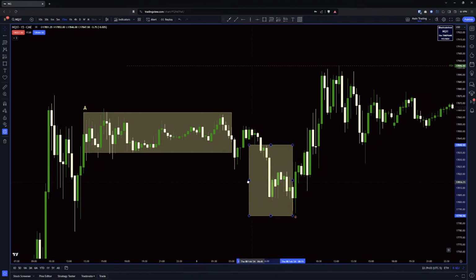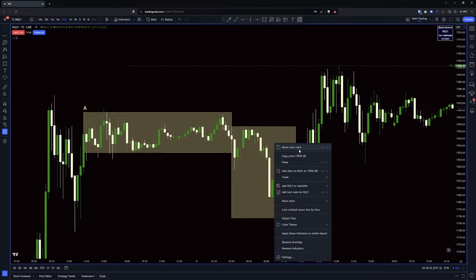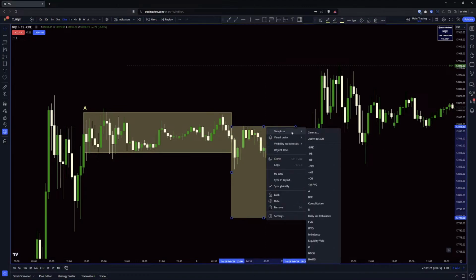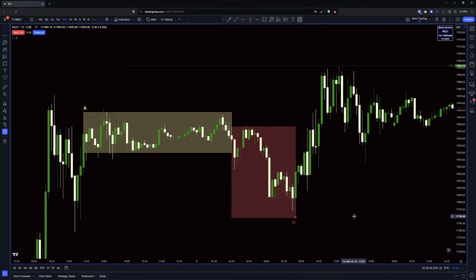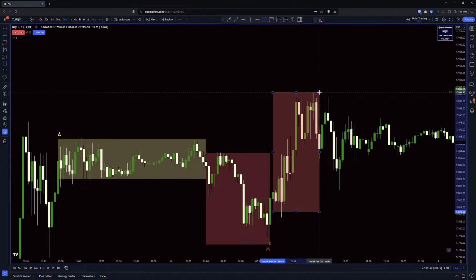We know it's a shift when this closes, right? So I guess we can include that in our manipulation. And we know this is a shift when this one closes. So our manipulation, I guess, is more like this, right? So there's our manipulation move, and then we have a distribution move. Now,